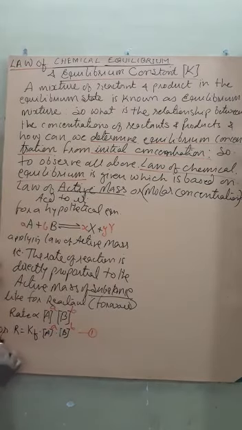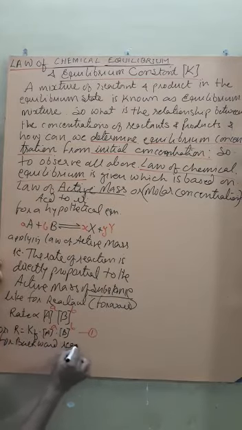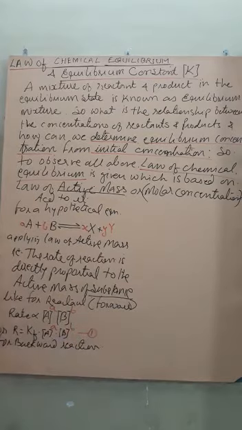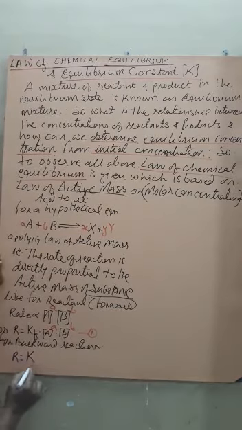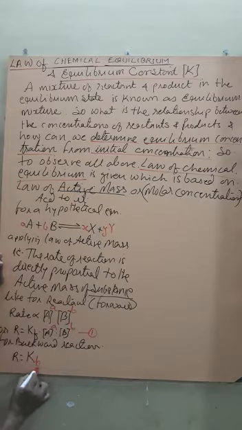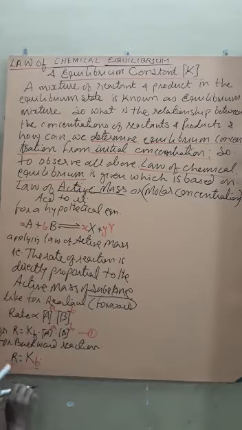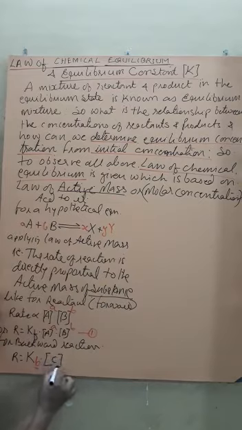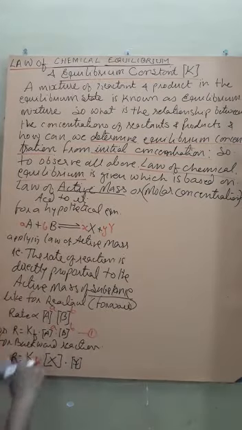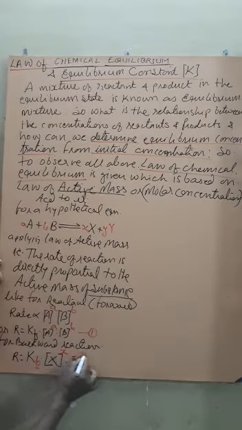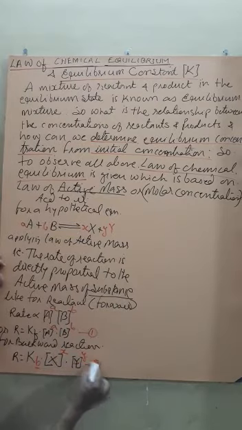And for the backward reaction, similarly, we can write, because forward and backward reactions occur simultaneously, R is equal to Kb, where K is a constant and b is for backward, multiplied by the molar concentration of product X multiplied by that of the other product Y, each raised to its stoichiometric coefficient. Here I used x and y, therefore I have to write x and y as the powers. You can call it equation number 2.